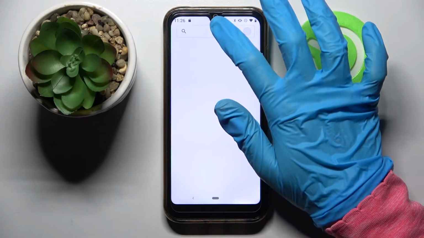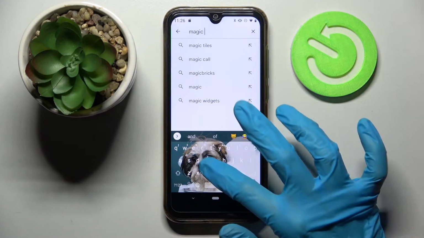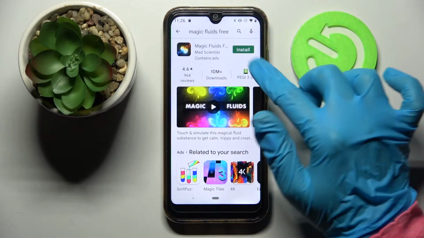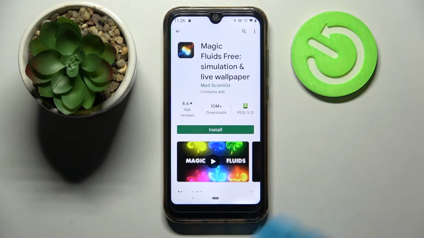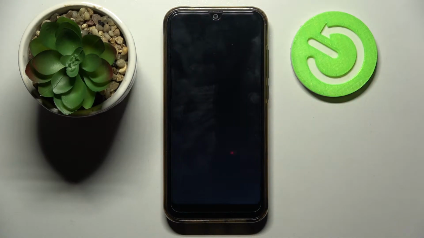Firstly, open Play Store, tap on the search bar and type in Magic Fluids. Then you need to install this free app from this developer and open it. Now you need to click on